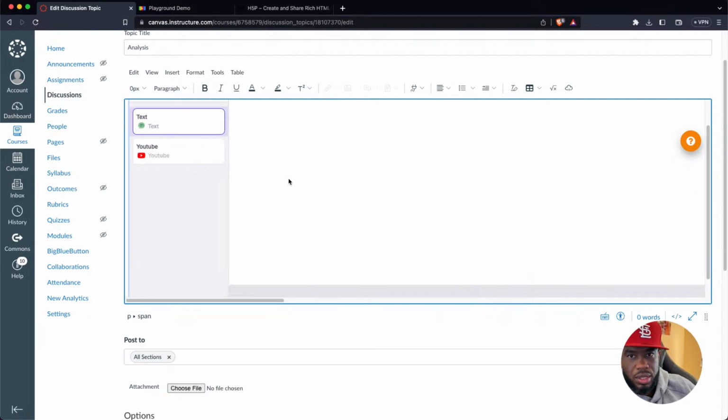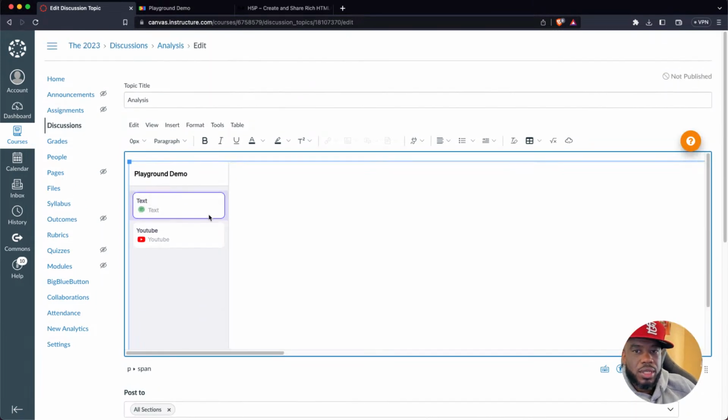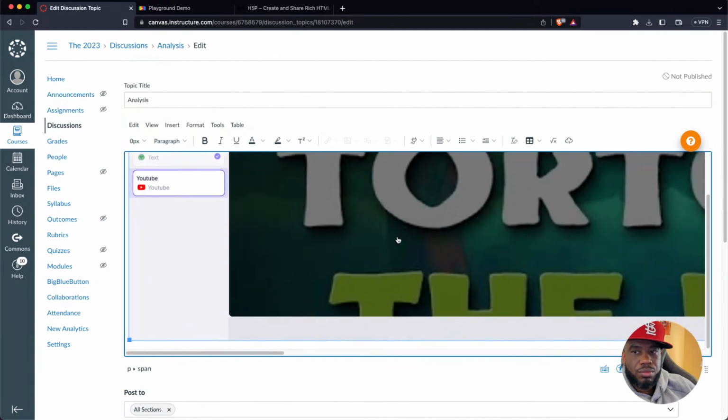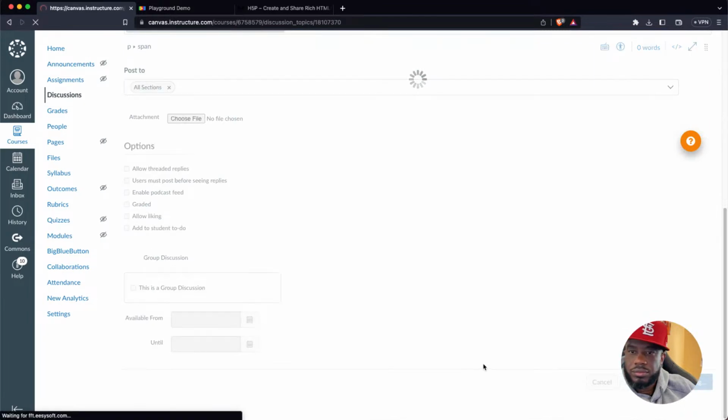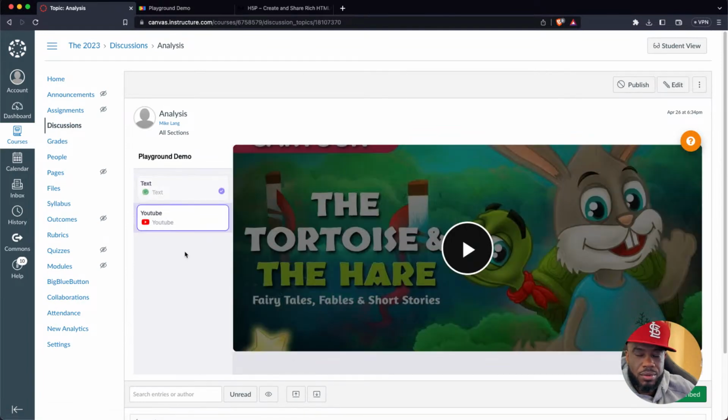All right, cool. And you'll notice we have this nice little interface. Text, YouTube, wonderful. So let's go and save that. And there it goes. So I've got my text and I've got my YouTube. That takes away the need for me to design all the space, because our kid will just be able to navigate down this left-hand panel, whether it's text, videos, whatever. We're good. So the PopTake tool takes care of a lot of the design for you.